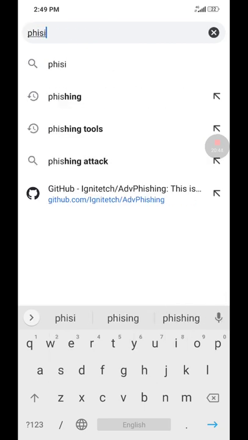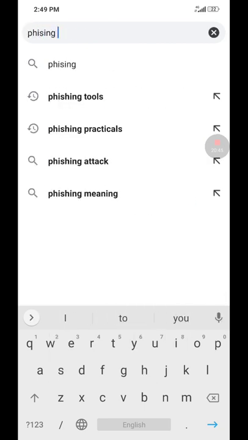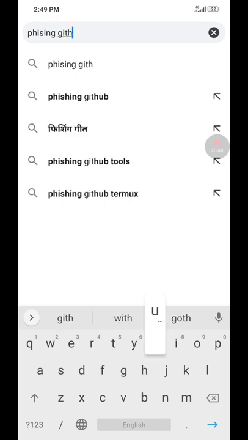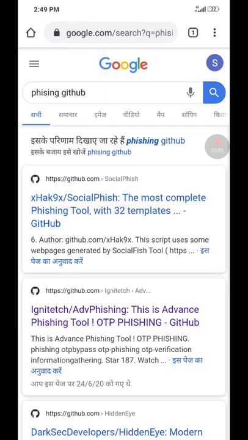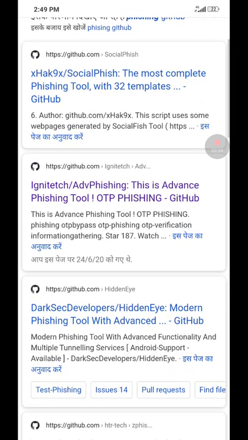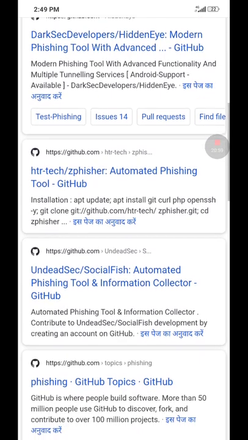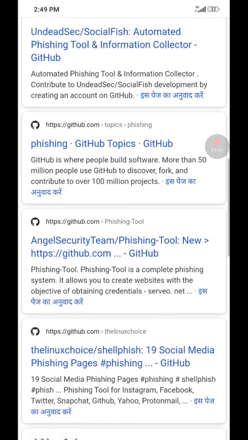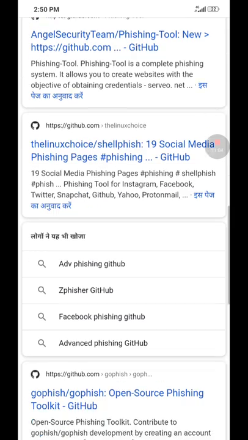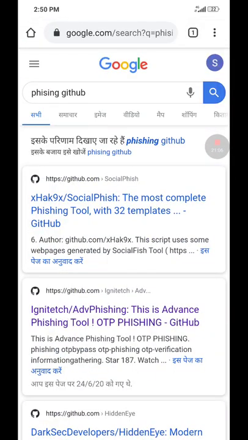So I will type phishing GitHub. It will show me the list; there are various tools: advanced phishing tools, HiddenEye, SocialFish, and various other phishing tools, ShellPhish. Suppose I want to install this SocialFish, so I will open this,